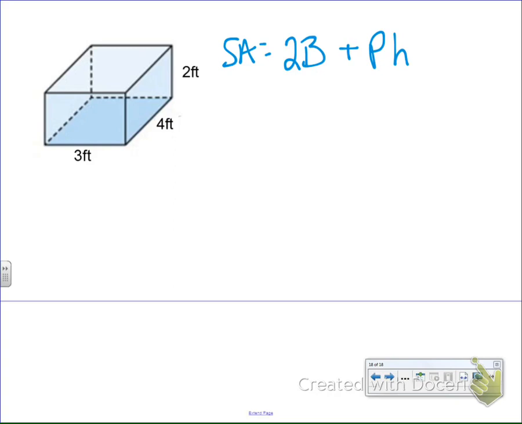I need to start out by identifying my base. I'm going to make this end rectangle my base. So if I'm looking at my dimensions, I can see the 2 back here, which means that this side is 2. So if I'm going to set this up, I'm going to write it out, and I'm going to say